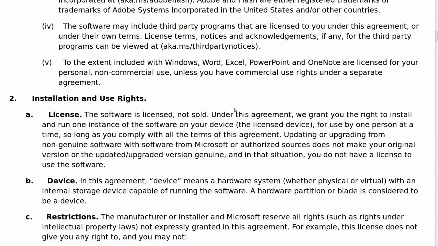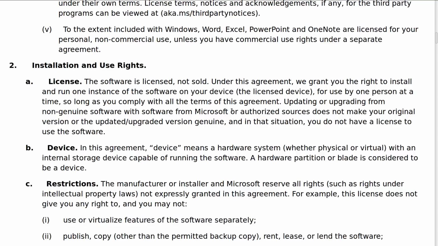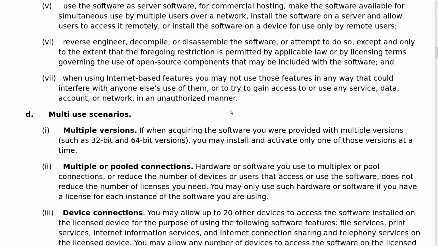And you don't own this software. You're leasing it. That $299 that you pay to go out and get yourself a copy of Windows 10 is a lease agreement. You don't own it. You have no rights to this software whatsoever. And Microsoft reserves the right to do with this software as they please. All right? Let's just skip through all of this stuff.